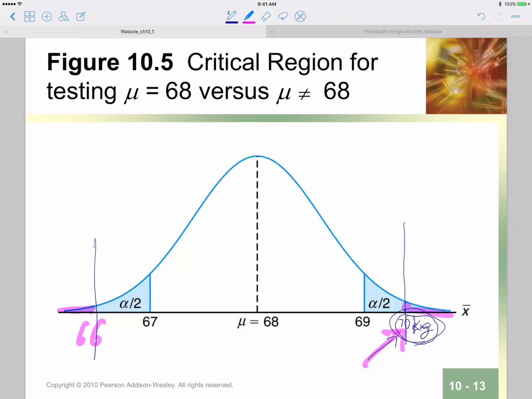Okay, so in this case, the corresponding alpha value is called the p-value, and that p-value has the meaning